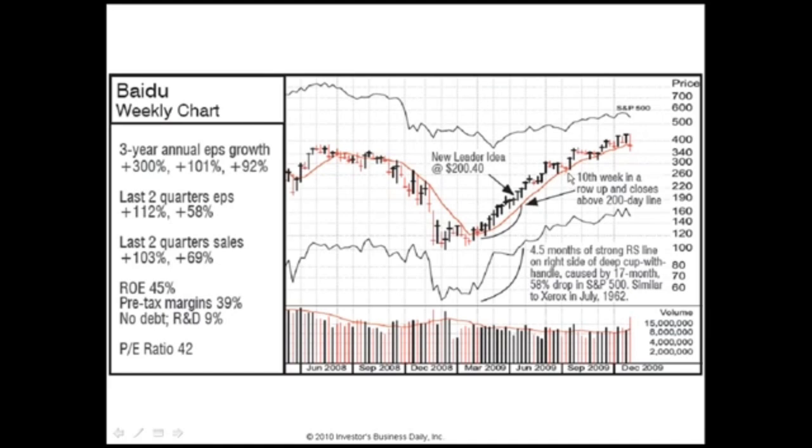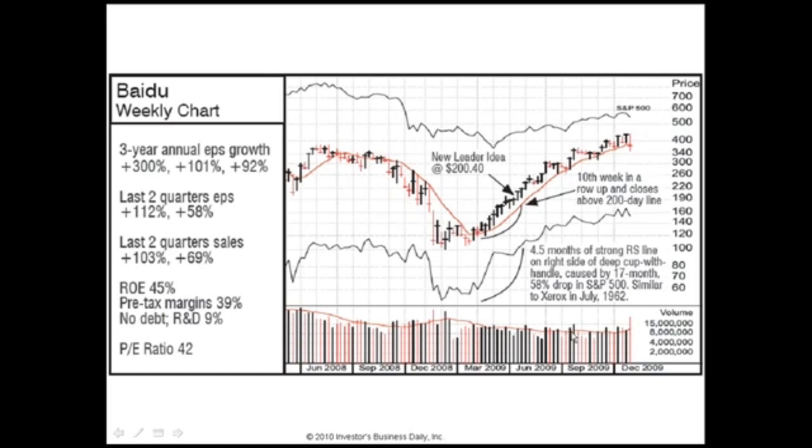Notice the second week, just before it comes out of that handle, the 2 red weeks, that second week is not down as much as the first week was down from the black week, and it closes in the upper part of that small spread, but the volume is higher, so there's heavier volume without further progress down, and then the stock snaps out of it and breaks out the next week.